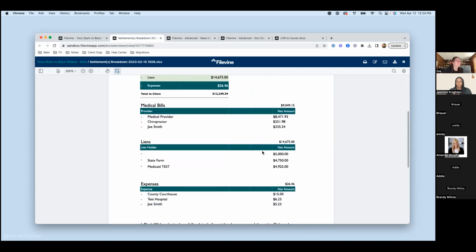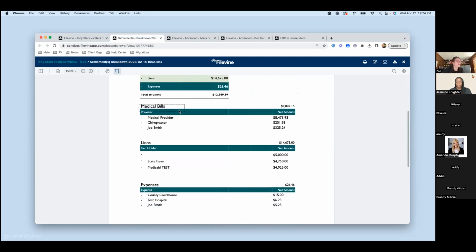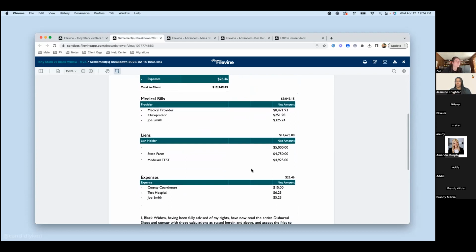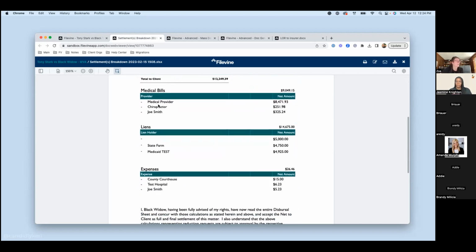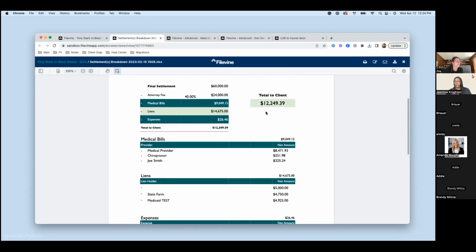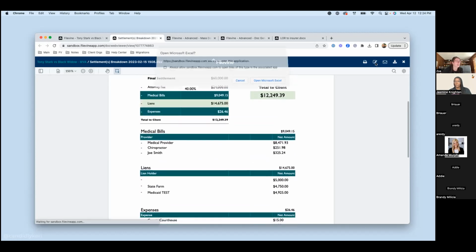So the reason it's a fusion is because we're pulling data from medicals, from liens, and from expenses, which are each collection sections. So it's kind of limited on the data that you can pull. But we're able to get in the provider name and the total billed, and then sum that amount up here, and it's generally built in Excel. So if I open and edit,